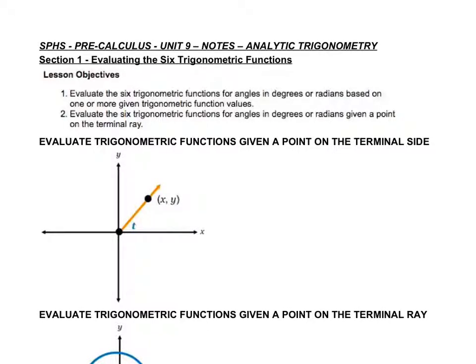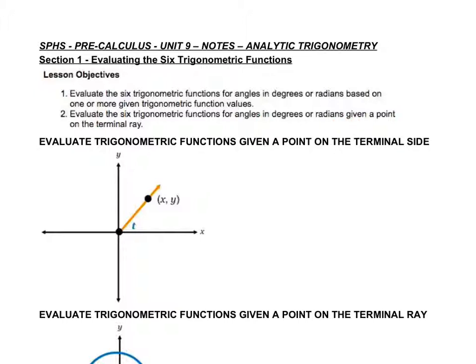This is a video over Unit 9, and we're going to be talking about analytical trigonometry in this video. In Section 1 today, we're going to be talking about evaluating the 6 trigonometric functions. So our objectives today, we want to evaluate the 6 trigonometric functions for angles in degrees or radians based on one or more given trigonometric function values. And we want to evaluate the 6 trigonometric functions for angles in degrees or radians given a point on the